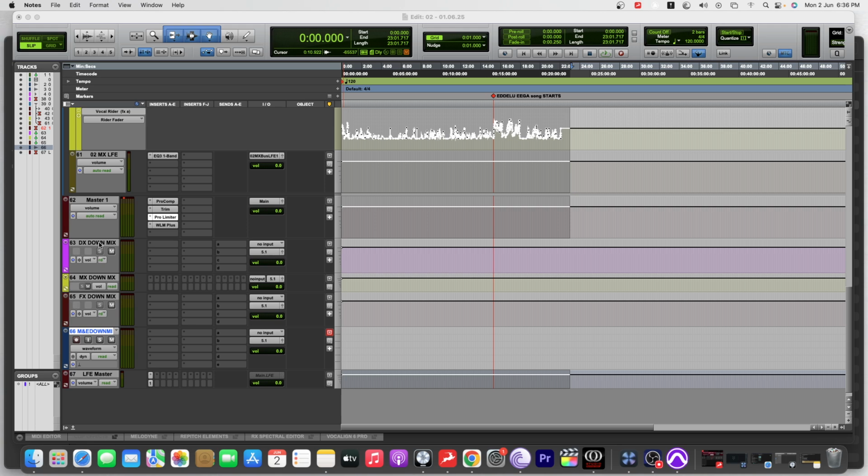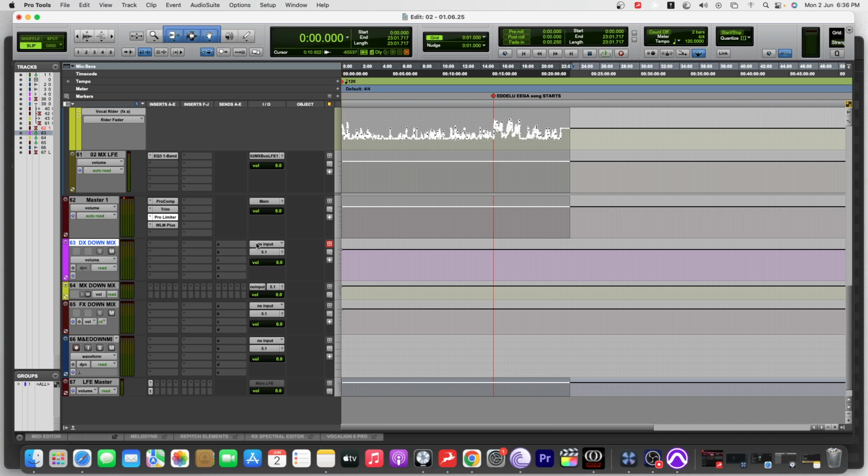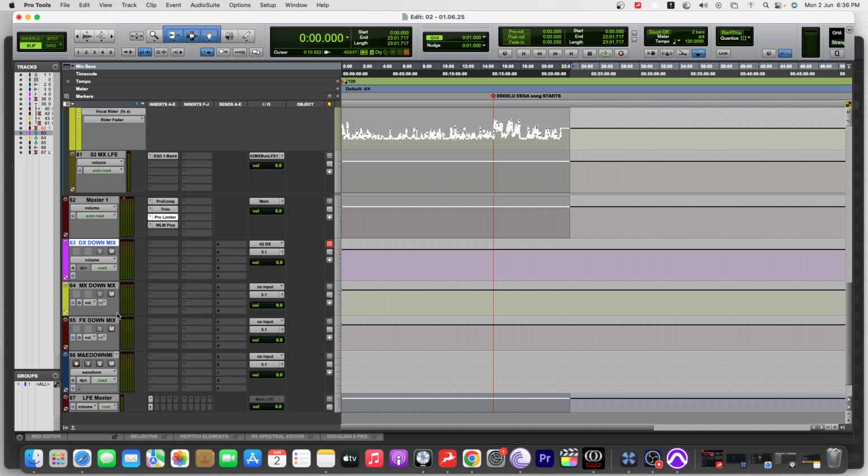Then here, what you have to do is create an aux input. It says no input, so here you have to come in the bus, go to 0 to DX, it's coming from DX. Then, just to have no outputs getting looped, you try to